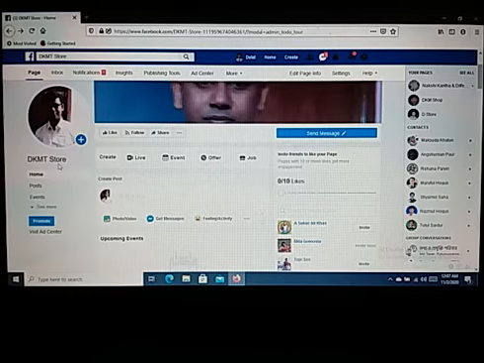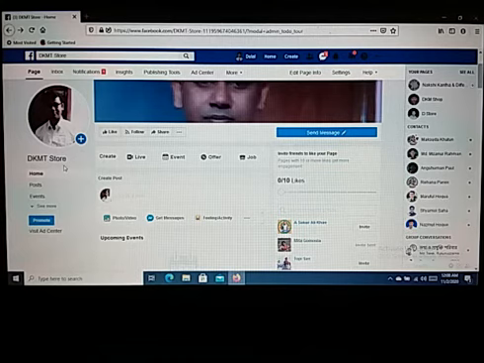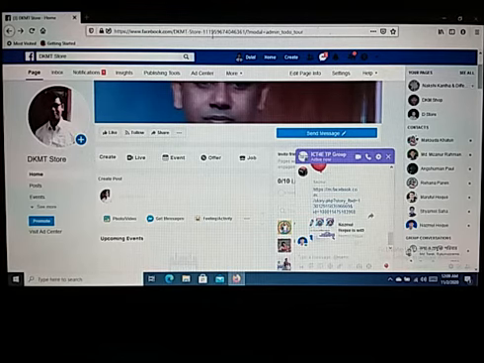Dear friends, you may see here create page username box. If you see here create page username box, then you will have to write the username as you like best. Next you will have to click on create username. At last you will have to click on OK. Then you will see your username will be added in the address bar from here.